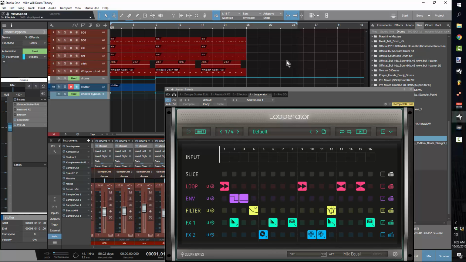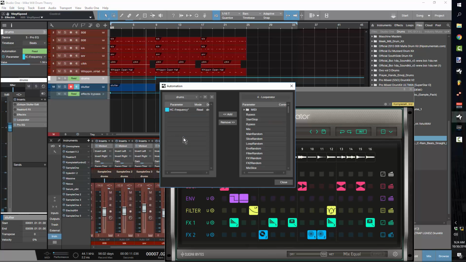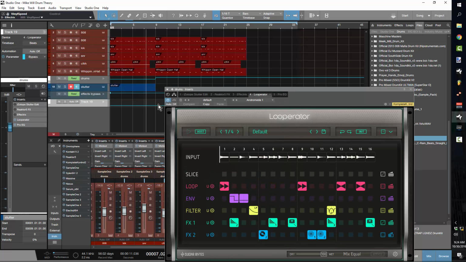I mean, the first default preset is actually pretty dope. And again, what you would do is go to add remove parameters, make yourself a new lane. And then once you got to this point where you didn't want it,